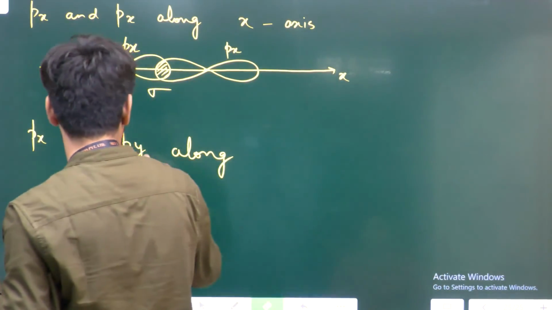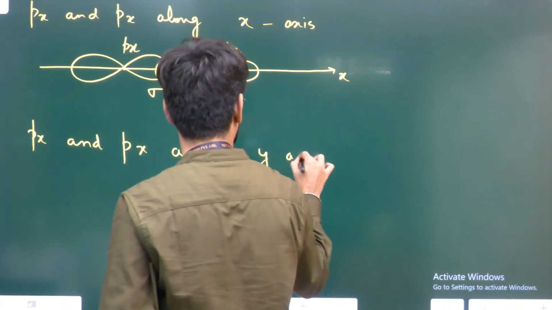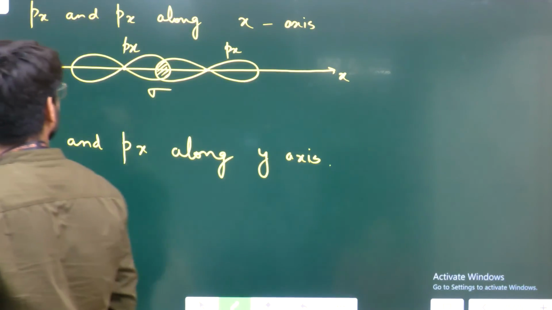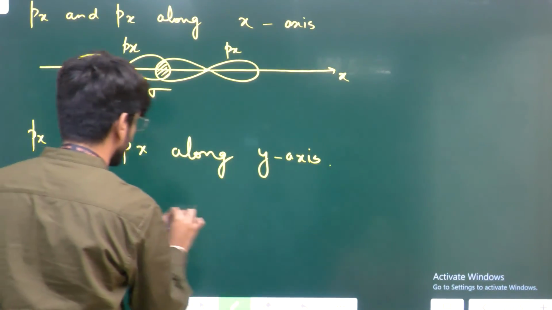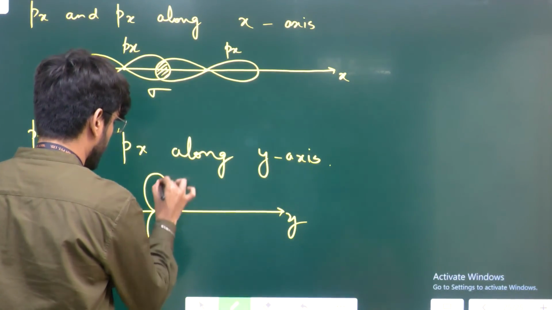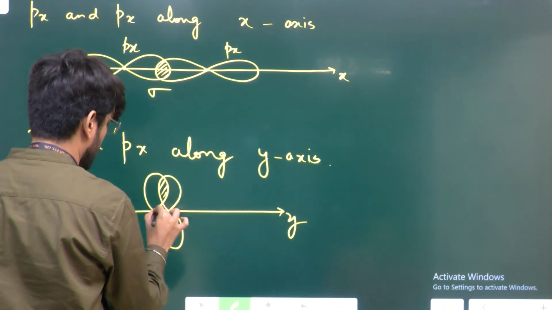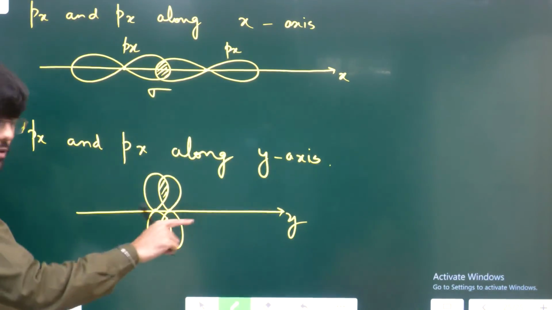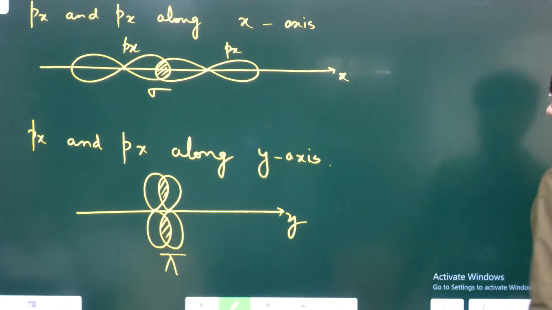px and px करो इसको, px and px along y axis, Pi bond. Suppose this is my y axis, so I have px and I have px. Above and below the internuclear axis, this is the pi bond. Next,